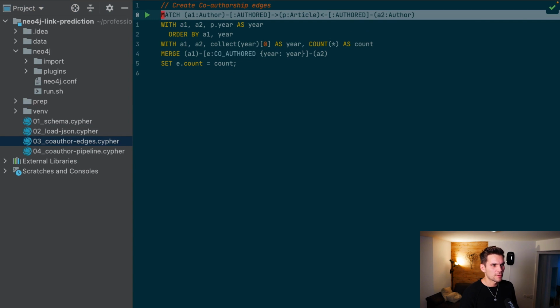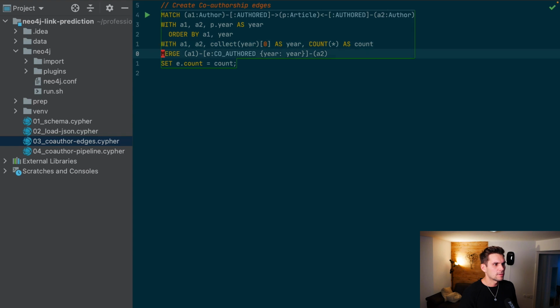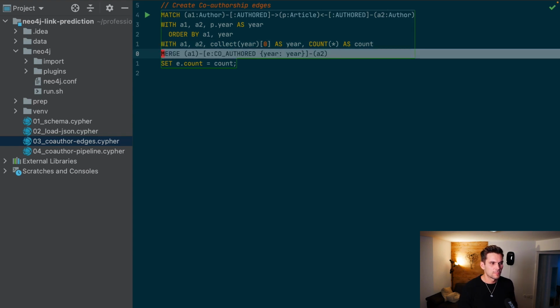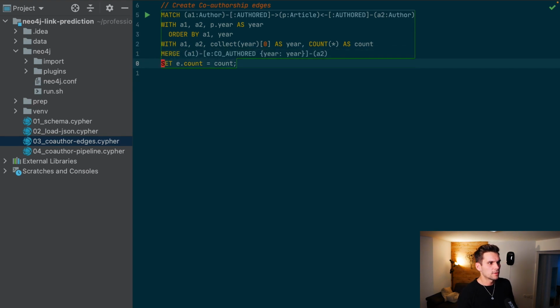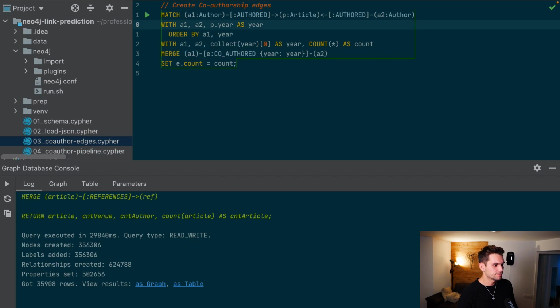So we find an author which has collaborated with another author, and then in the end would create the co-authored edges together with the count property on the edges, which is a slightly different name than on the slide. But we can execute this query, and it's going to run for a while,